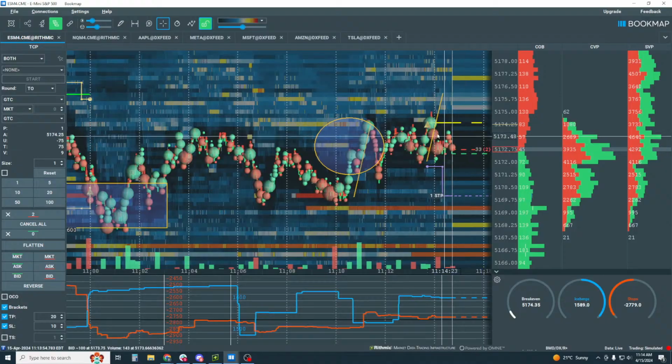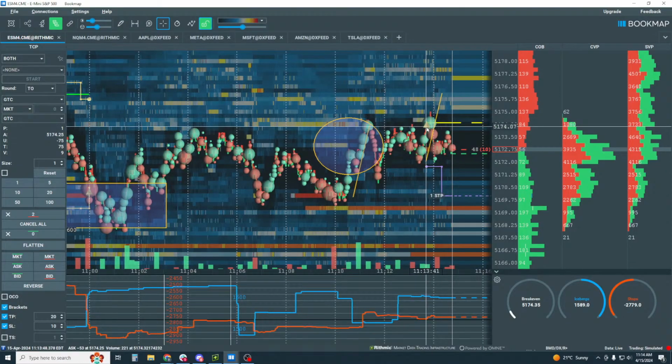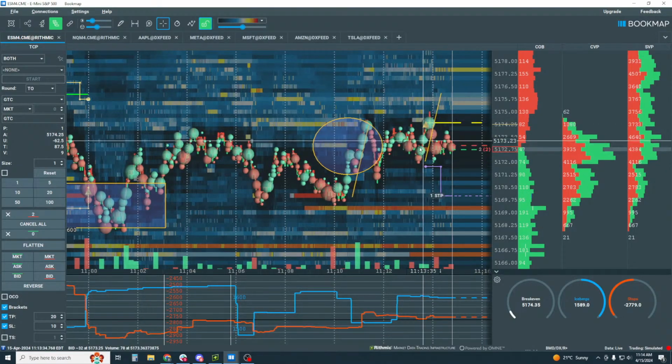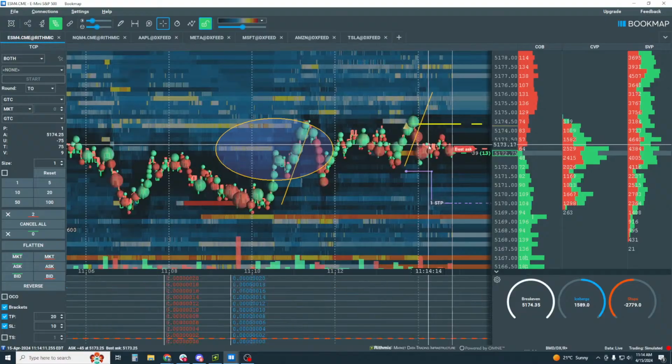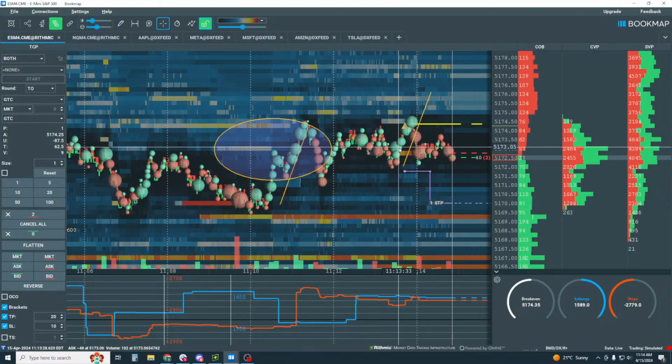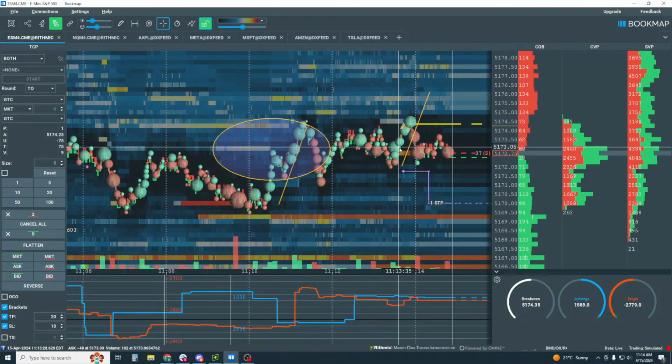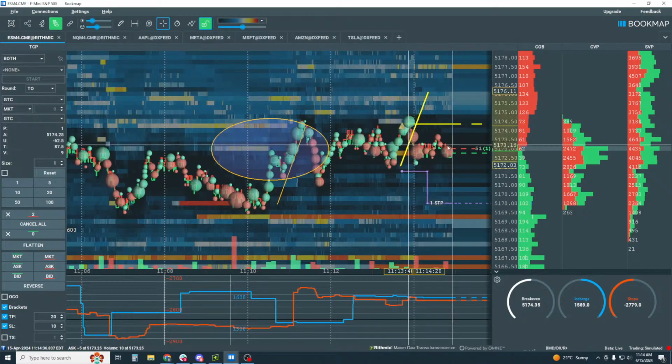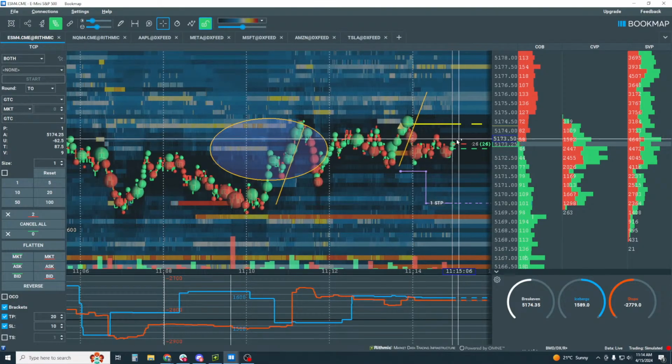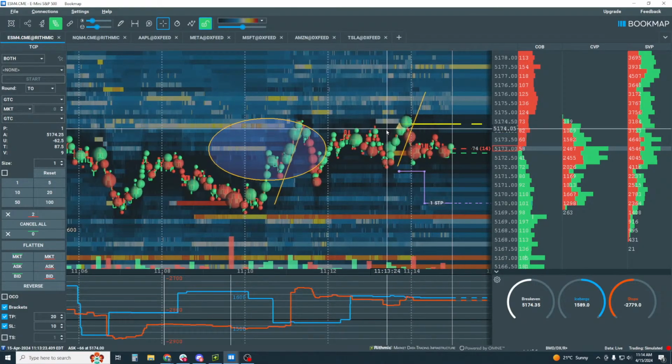Okay, because you're at the top of the range in here. We'd be looking for, in here someplace on that flag pattern, and yeah, actually this would probably be about it, right in here. Okay, now this is where we can enter another position in here too. I mean, this is a little bit